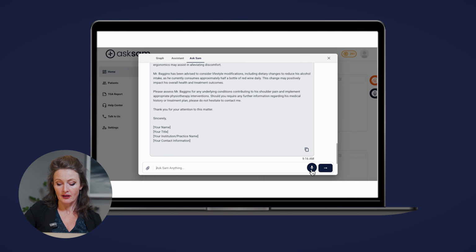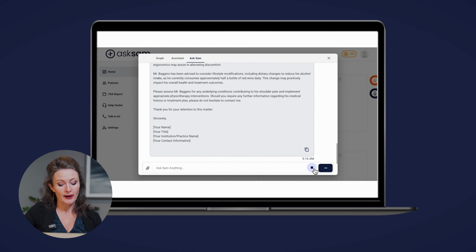And then another thing you can do as well is get a treatment plan for the patient. So if you're wanting to come up with a specific treatment plan for a patient, you can ask Sam, particularly if there's some complex comorbidities or if there's some other issues or if there's anything that's complicated for the patient. This is where Sam can allow you to create a more comprehensive treatment plan. So for example, with this patient, if I want to ask about a treatment plan that incorporates exercise and diet and nutrition,